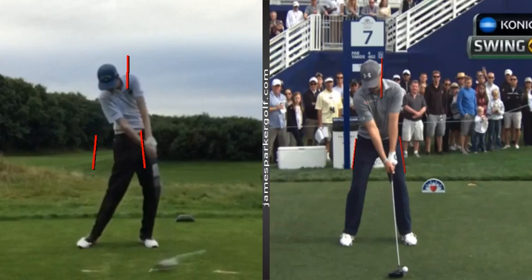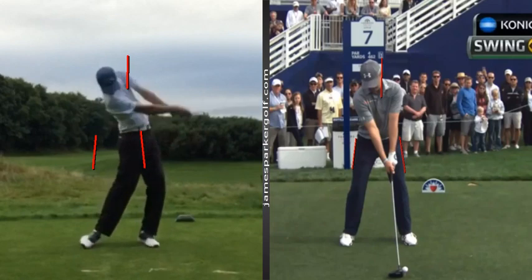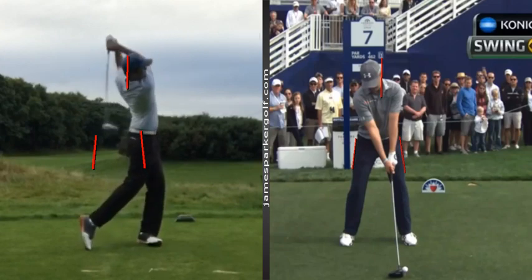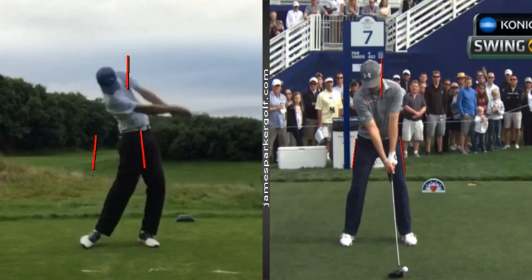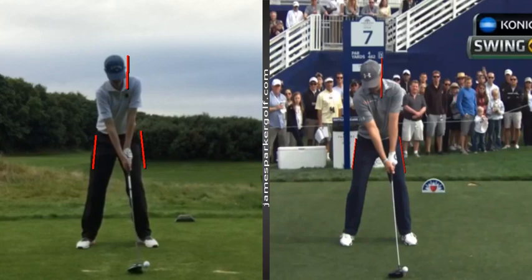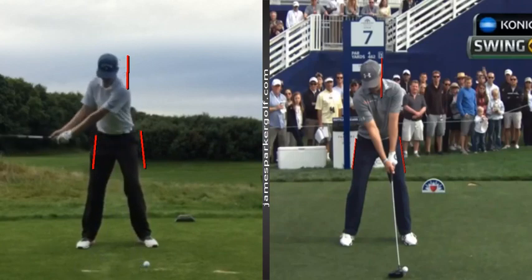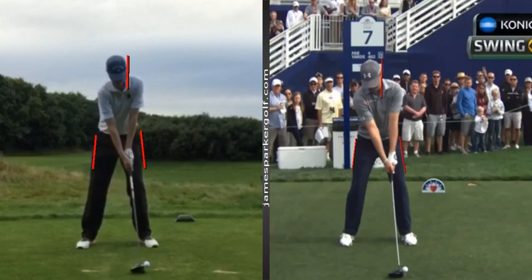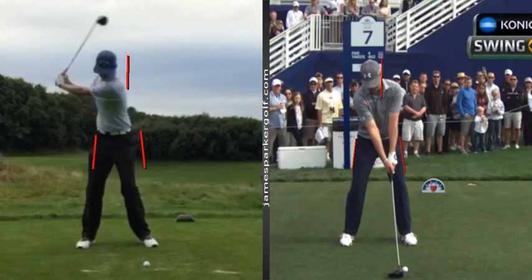Great impact position with the handle, your hands. And then really nice extension of the arms post impact. So you've got a lot of great qualities to your golf swing, mate. But my job is to rather than just talk about all the good things and then say, oh, that doesn't look quite right, let's change that, just because that's one of my preferences, my job is to tell you why you're hitting your shape of shot, right? And in a nutshell, mate,